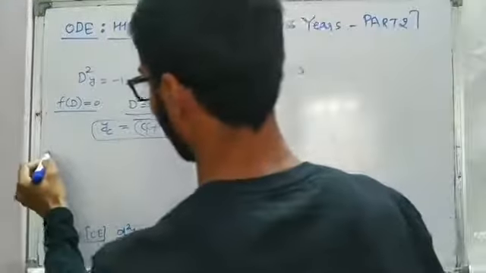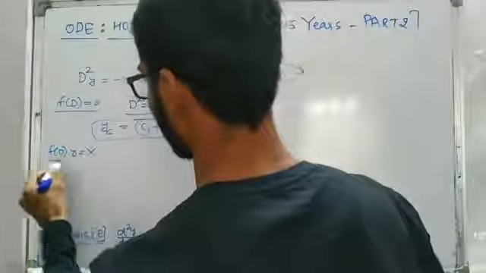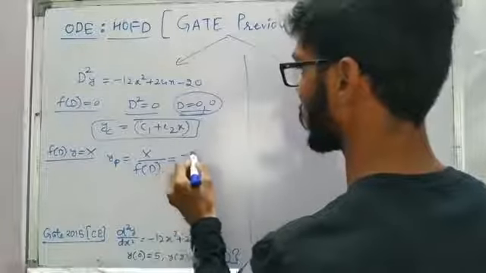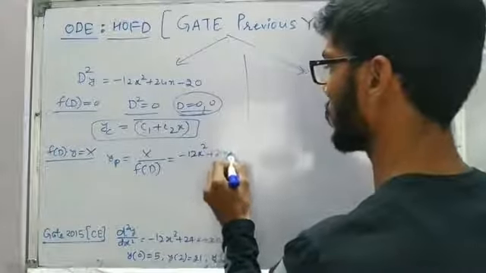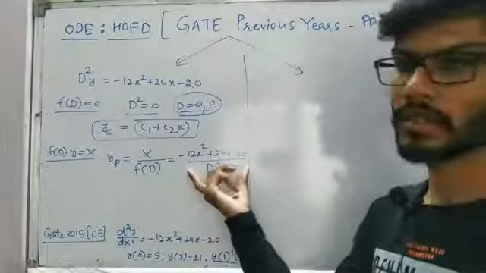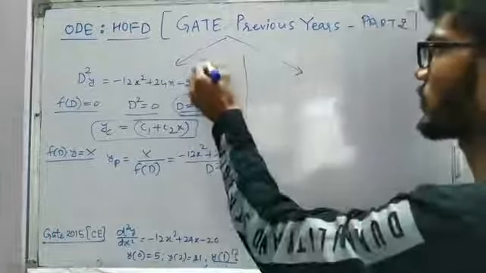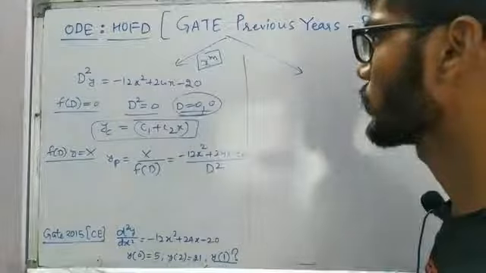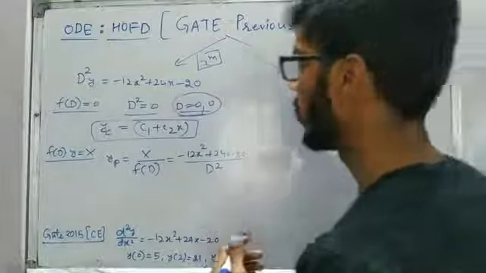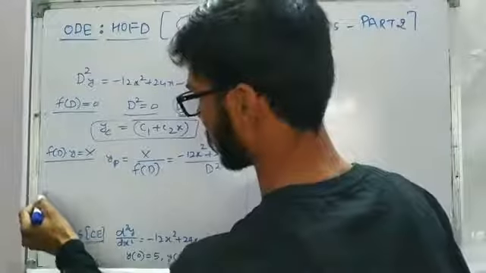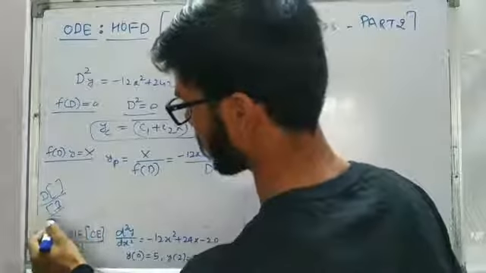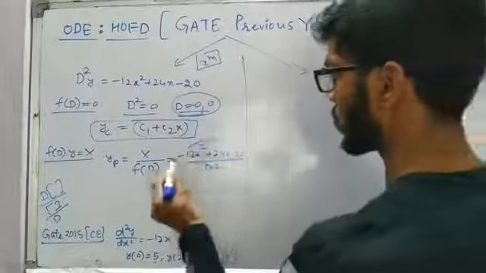And if we talk about f of D into y is equal to capital X, the yp we are going to write as X upon f of D. So X is nothing but minus 12x square plus 24x minus 20, and f of D is nothing but D square. And this is falling under case number 3 where we have the situation of something like x power m. So how do we have to do it? We have to do it using binomial expansion, but here the terms are a little simpler, so we need not make use of binomial expansion. Only one thing: if D is coming in multiplication, we have to differentiate that particular term, but if D is coming in the division, we have to integrate. So this particular term we have to integrate two times.